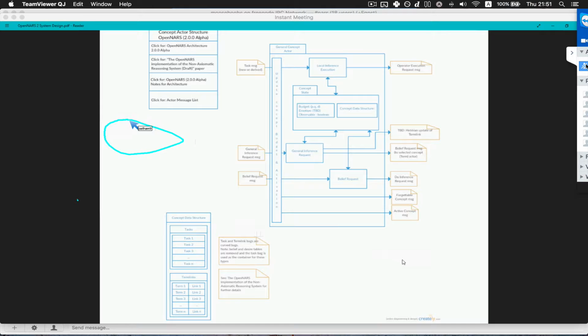Let's say we have a concept, which is linked like this. And let's say we have Tim is a cat, which is also linked to this concept. And now here in the cat concept,